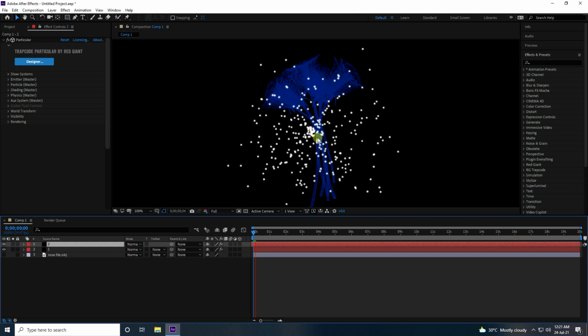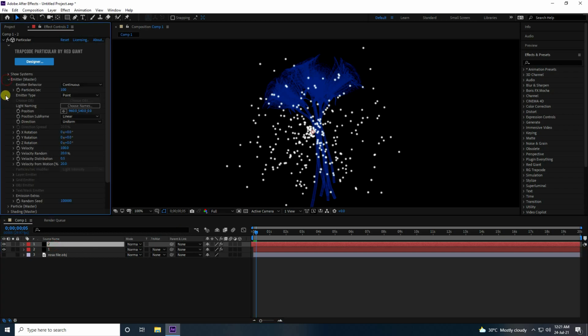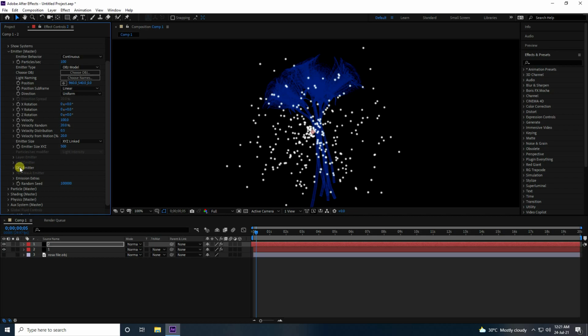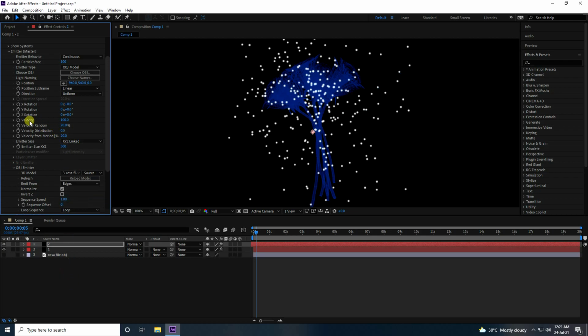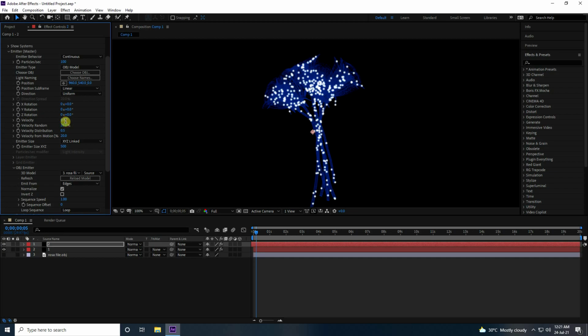Okay, so guys, select this particle layer and go to Emitter, and for emitter type use the same OBJ Model. And go to OBJ Emitter and apply this file. Okay, so now guys, velocity I like 0. Yes, see guys, that's my second particle, right?